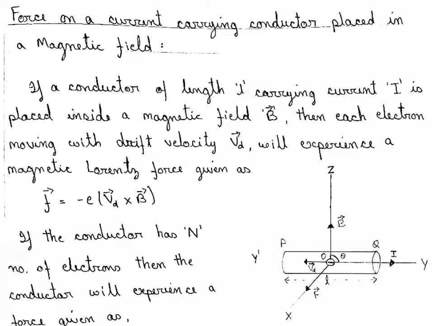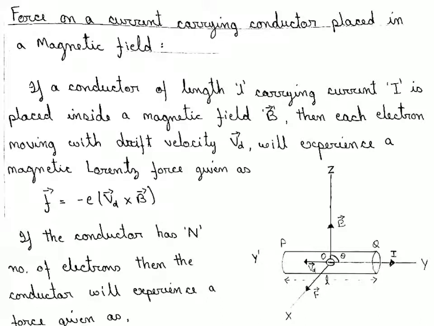Now we come to another topic, that is a force on a current carrying conductor placed in a magnetic field. So we have learned what will happen to a charge when it is placed inside an electric field. We have also learned what will happen to the charge when it moves inside a magnetic field. Now we shall learn what will happen to a conductor carrying current when it is placed inside a magnetic